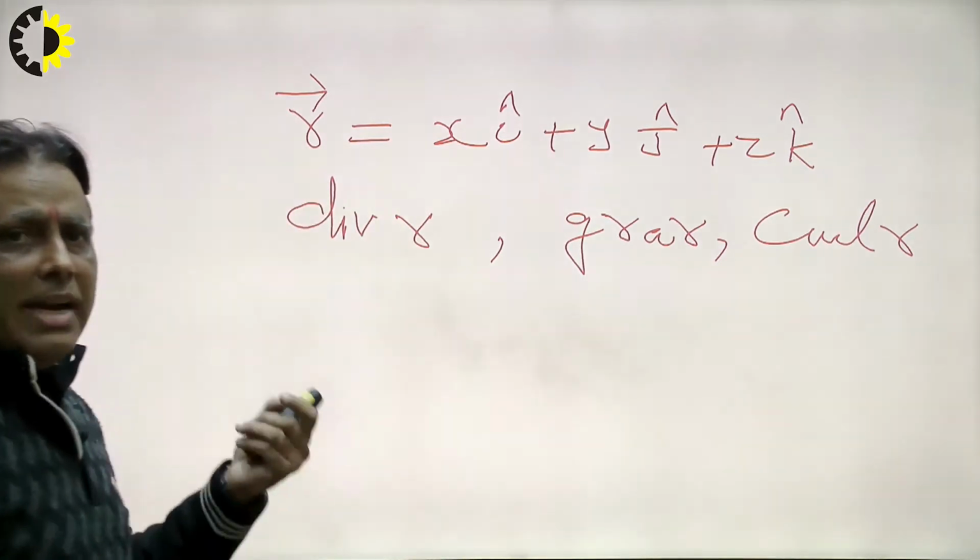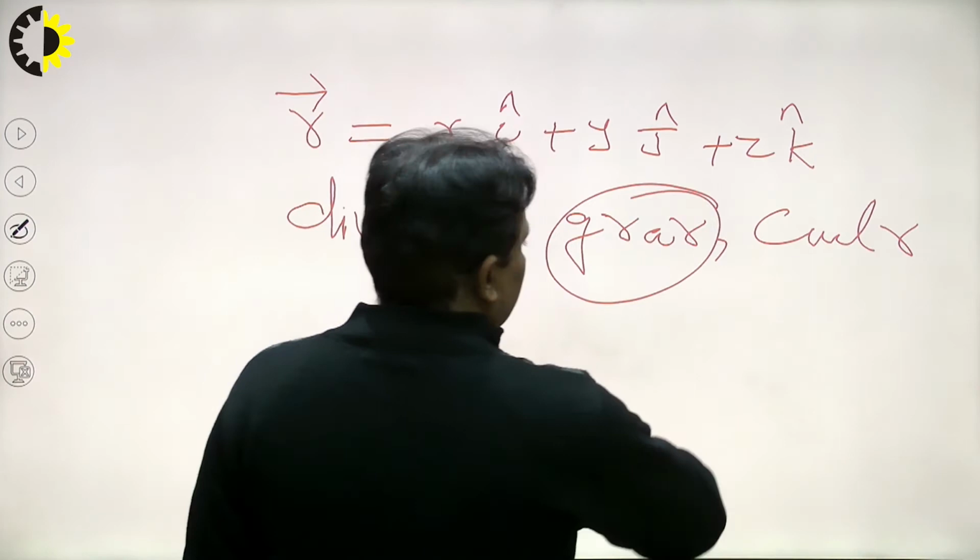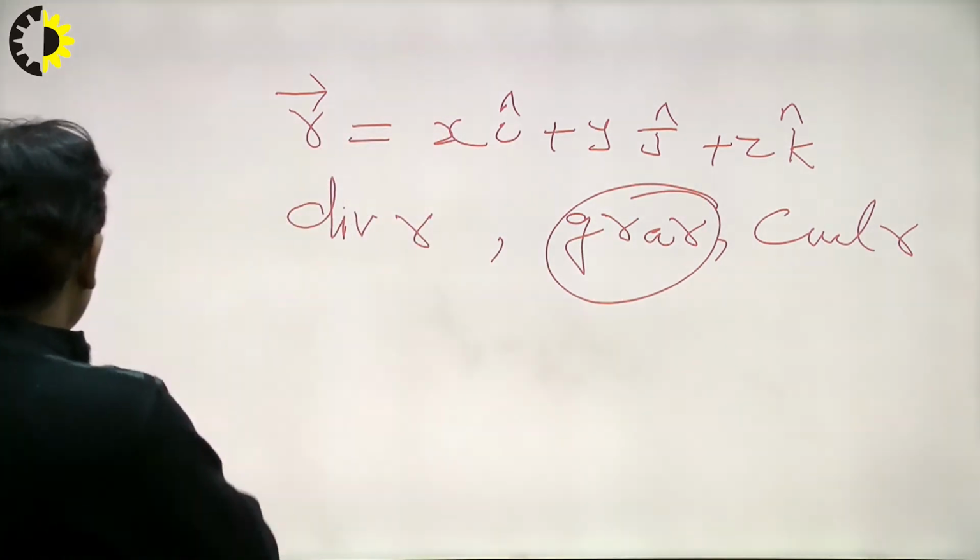Because r is a vector quantity, we cannot calculate the gradient here, because gradient is always calculated for the scalar part. So now we consider how to calculate